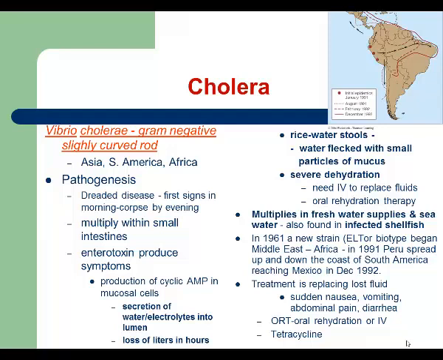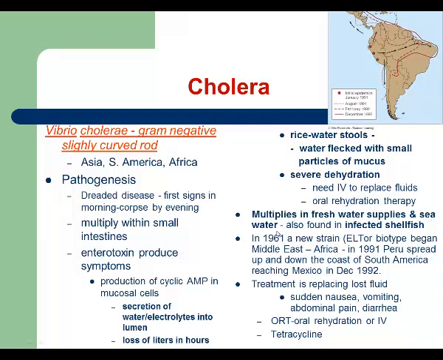We continue our lecture with the next bacterial infection that affects the gastrointestinal tract, and it will be cholera. Cholera is caused by Vibrio cholerae, which is a gram-negative bacillus. Under the microscope, this bacillus looks like a curved bacillus. The main reservoir for this infection will be humans, but also Vibrio cholerae can multiply in the fresh water supplies,